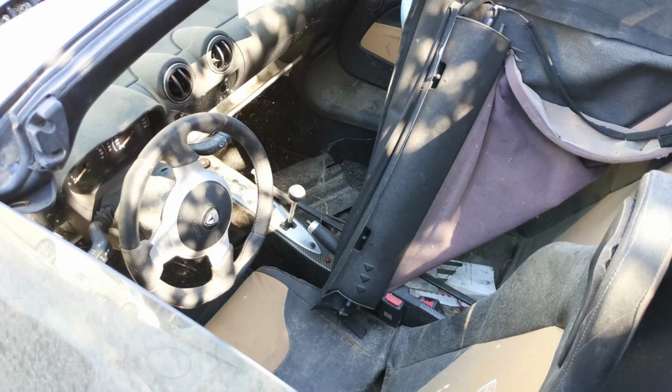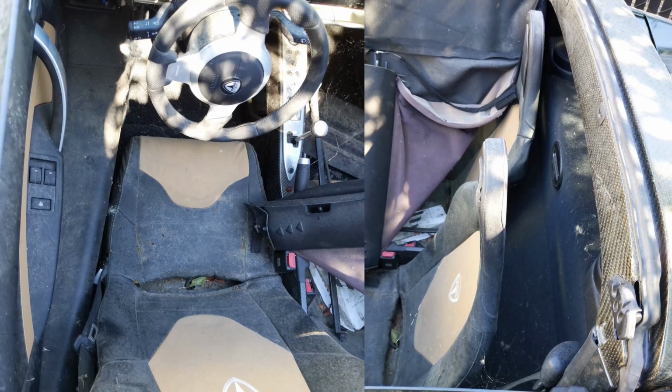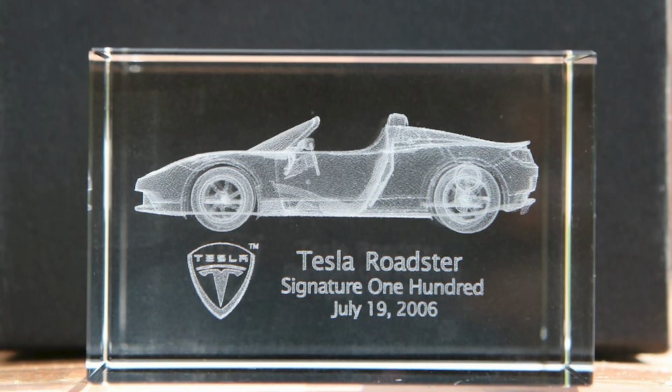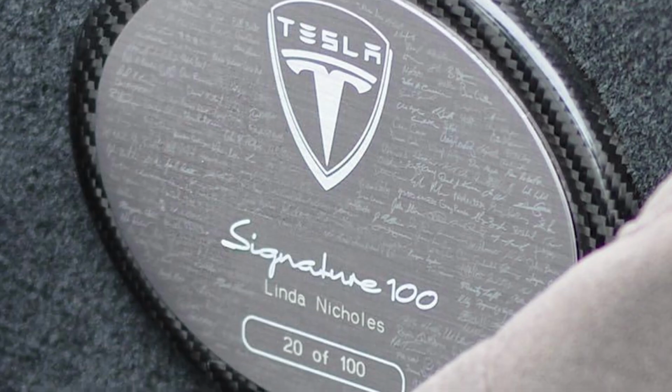And in the case of VIN 75, it appears the top caved in, exposing the interior of the car to the elements, including destroying the leather seats and other interior assemblies. This is especially troubling with VIN 75, a very early VIN, since this is one of the rapidly becoming collectible first Signature 100 cars, with the carbon fiber plaque between the seats, which was autographed by early Tesla employees, partially